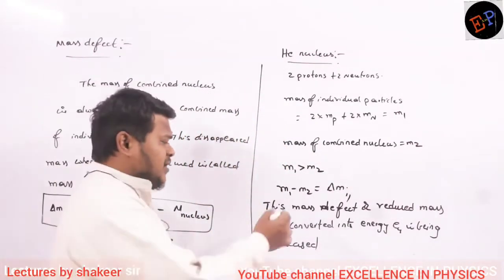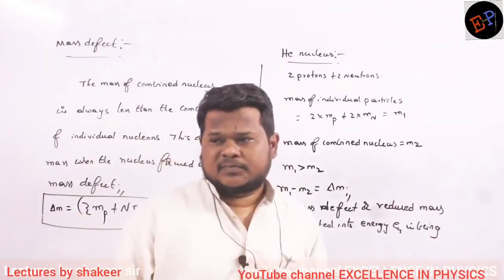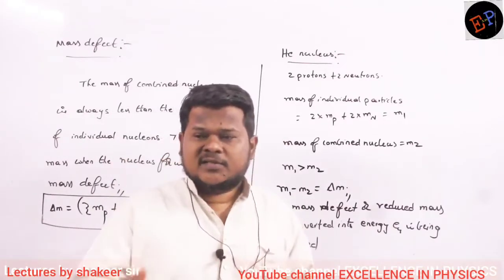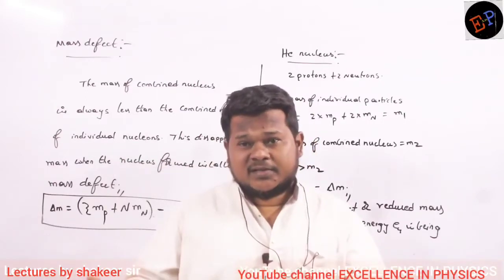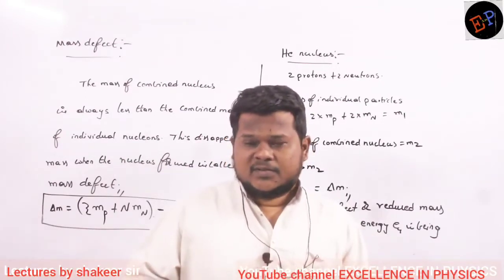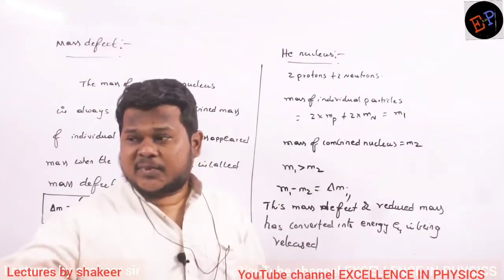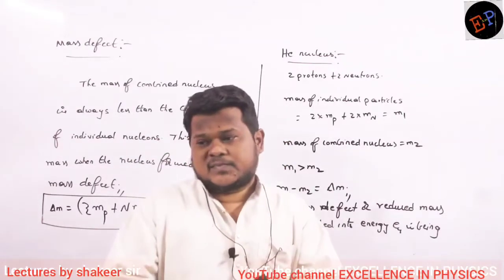Whenever particles lose some energy, they become stable. This is not the property of nucleons only; this is the property of any body in this universe. If a body has more energy, it will become more unstable. So when some of the mass has been converted into energy and that energy is liberated into the atmosphere, the same nucleons become stable. Are you able to understand?